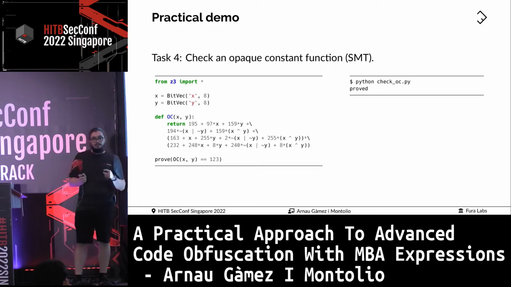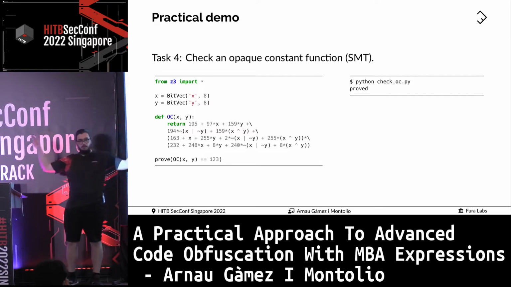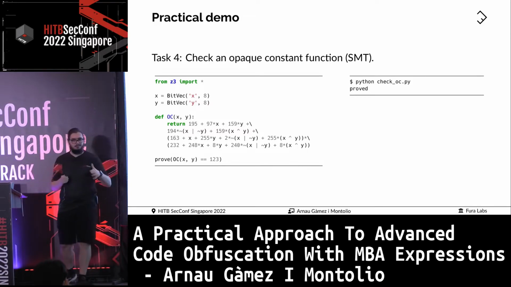First thing is that it is not immediate. It requires some degree of malware analysis and understanding of the whole program, which can be obfuscated as well, to be in a position where you can say, okay, let's just take a look at this and then decide that it's constant. But even if we're in this scenario, there is some ongoing research, which is, as far as I know, there is no public research on that, but at least I know